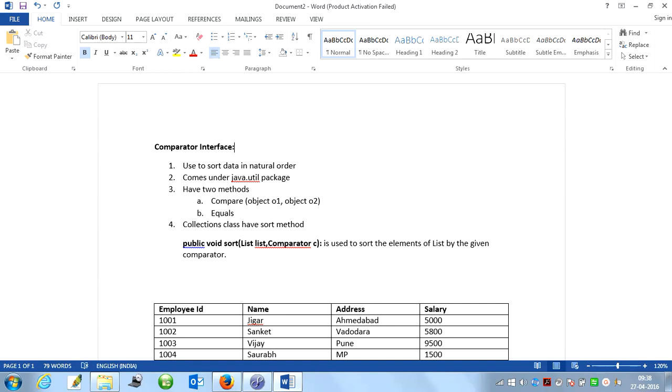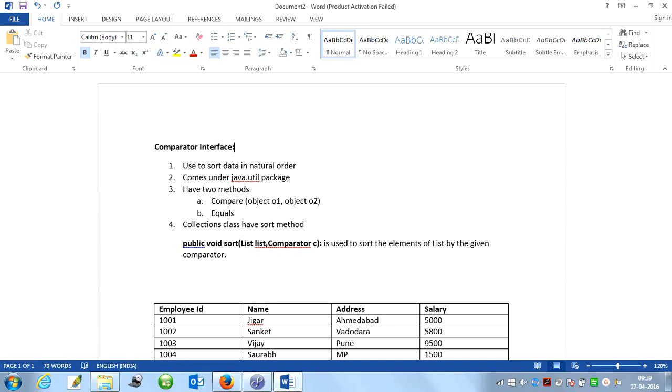If they are equal, it returns 0. If the first is greater, it returns 1, and if it is less, it returns -1. The equals method is used to check the equality of the Comparator object.